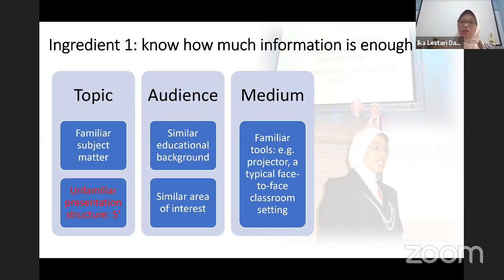So I'm quite familiar with the environment for my presentation. But what was new to me was the one that I highlighted in red font: unfamiliar presentation structure. I'm familiar with the subject matter, but I'm not familiar with the presentation structure, where I have to deliver my presentation in 5 minutes. And what I learned from that situation,